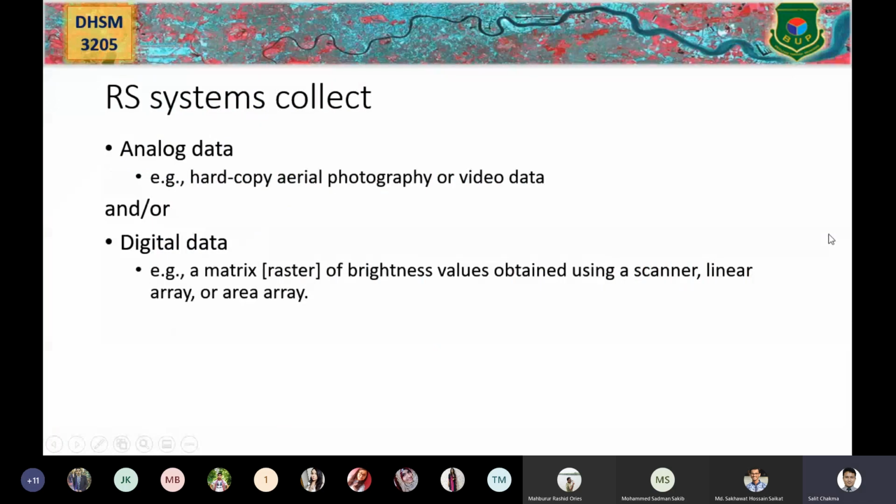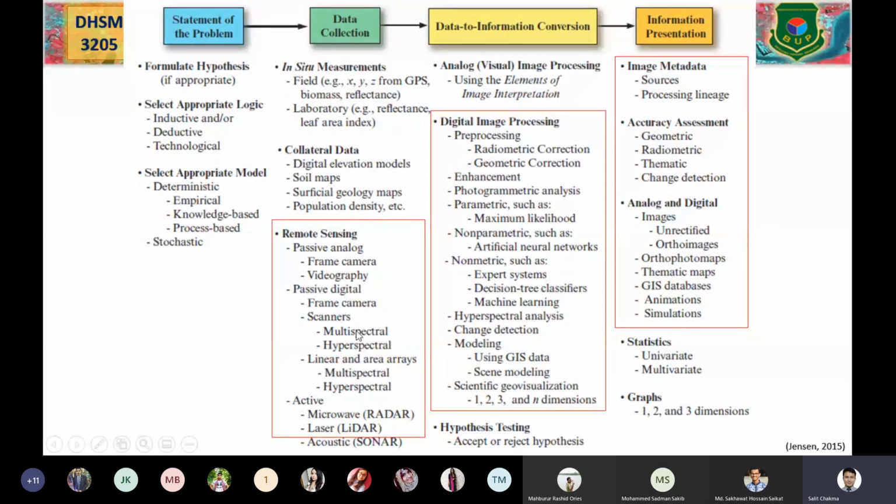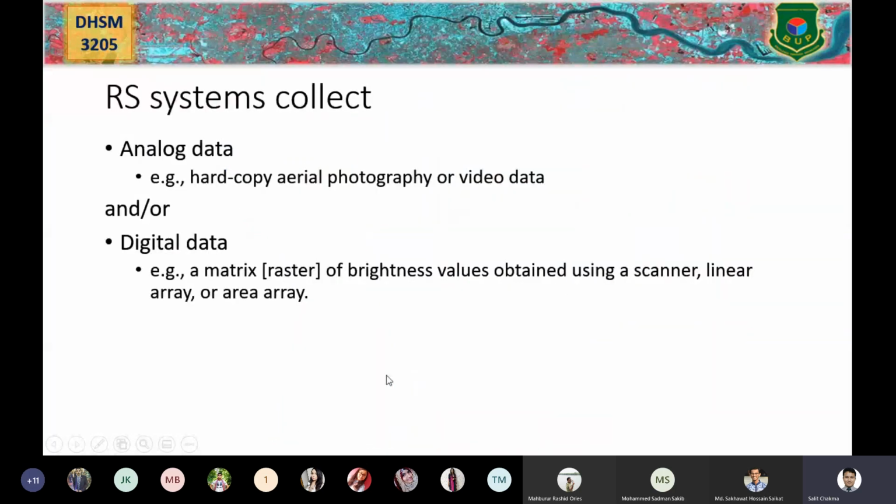Right hand side. So what do remote sensing systems collect? Now we are talking about this second part. It collects two types of data. One is analog data, another one is digital data. Analog data is the hard copy aerial photography or video data that are available from the past. For example, in